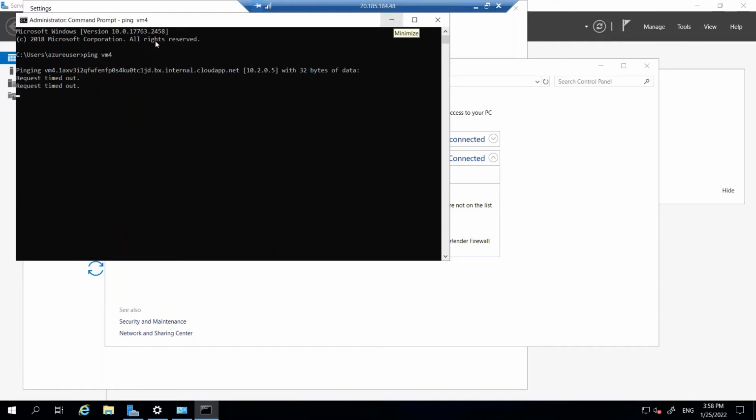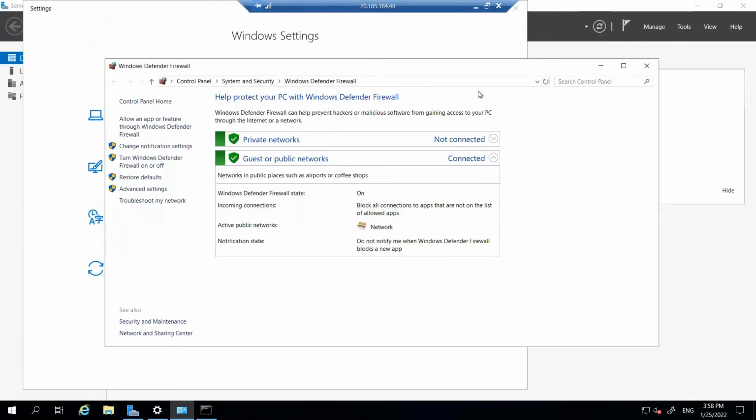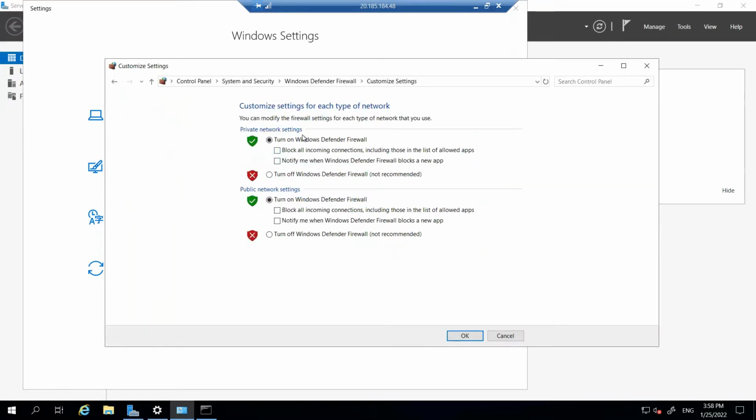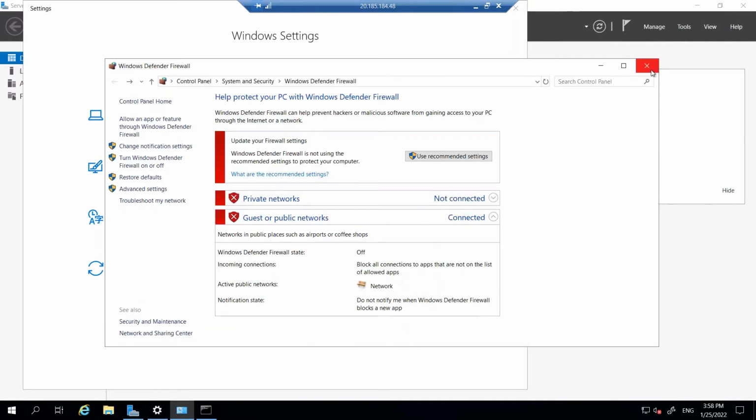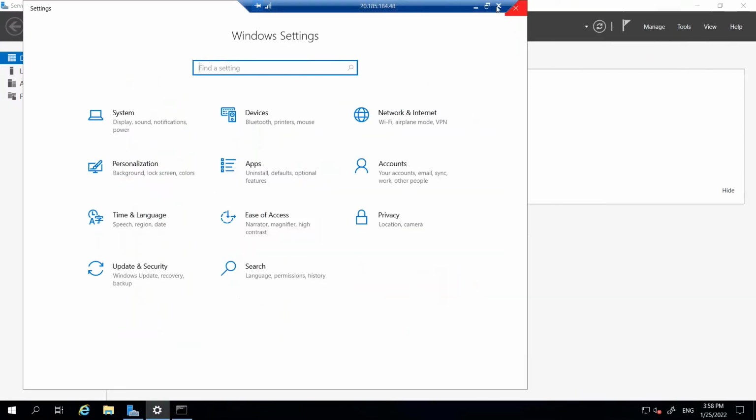Okay, so because the firewall is not disabled, you can see the request has been timed out. So first, what we have to do is disable the firewall. So I will turn off both the firewalls. Okay, this is for VM4. I have to do it for the other VM also. So let me just